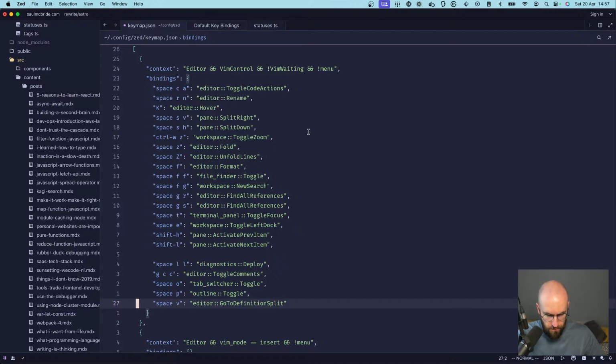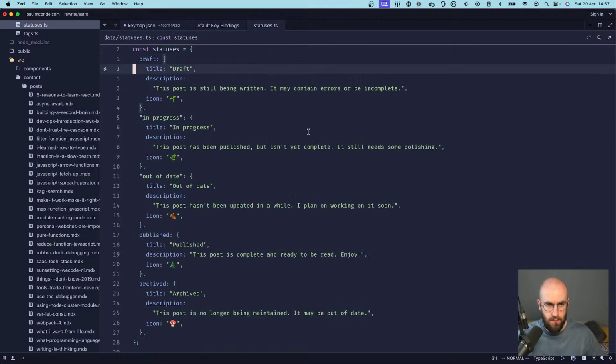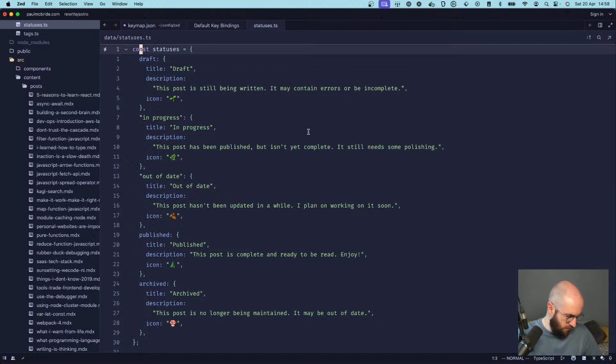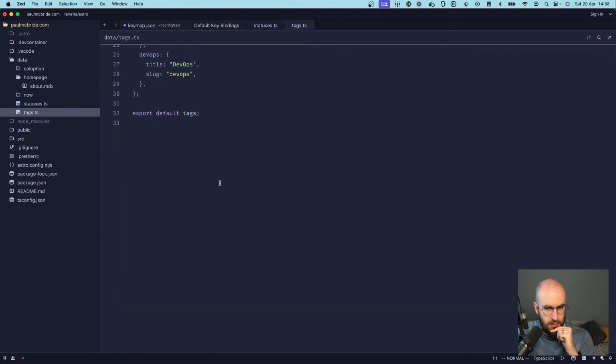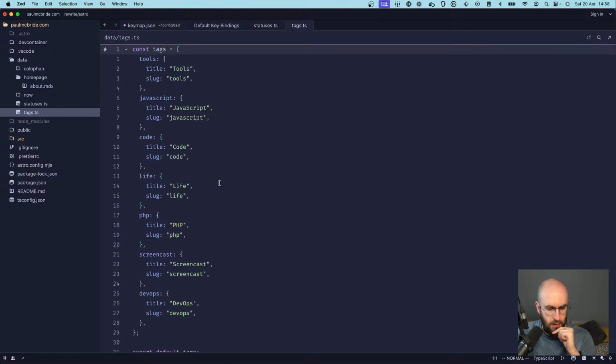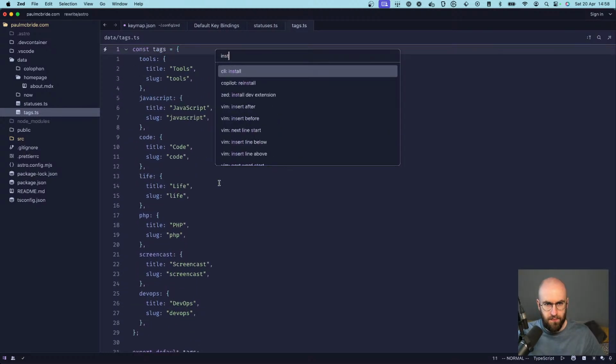Space V for editor. So, okay, let's try the one over here. Space V. Doesn't seem to do anything. I wonder, do we have another JavaScript file that actually has some stuff in it? So this is a pretty bare bones setup right now. So there might not be a huge amount of things in here that have definitions, which seems to be the case. I wonder, can we install